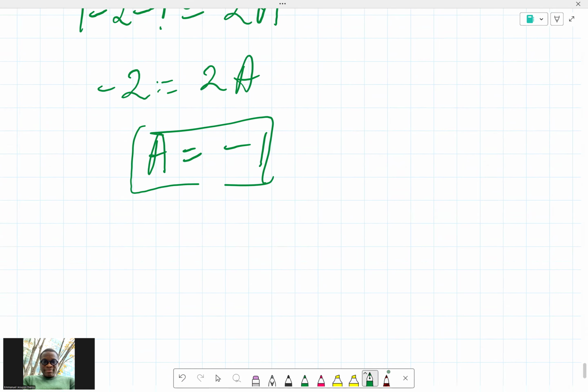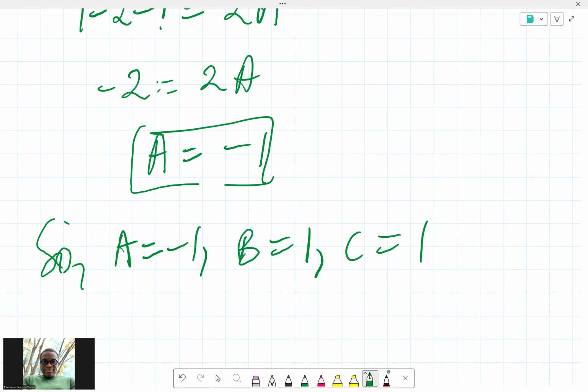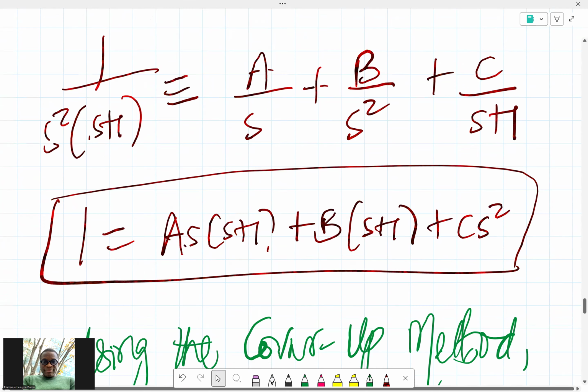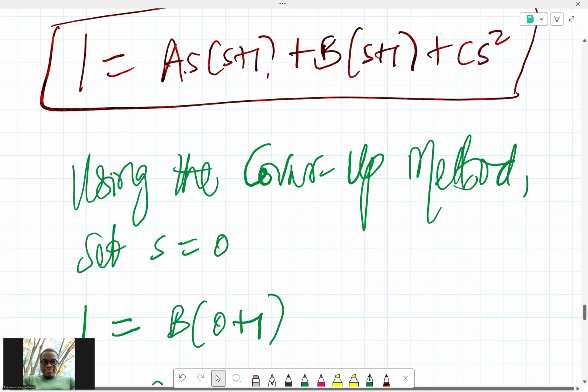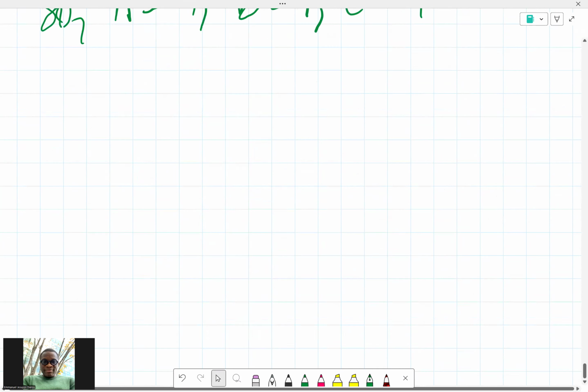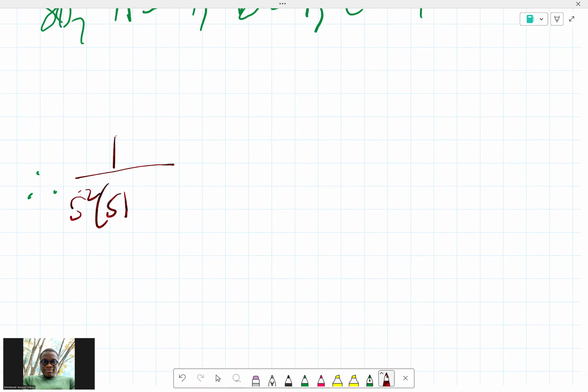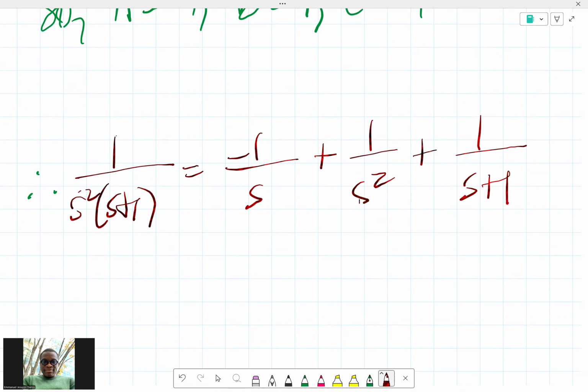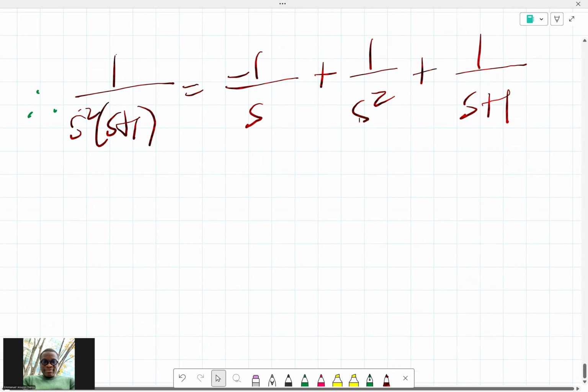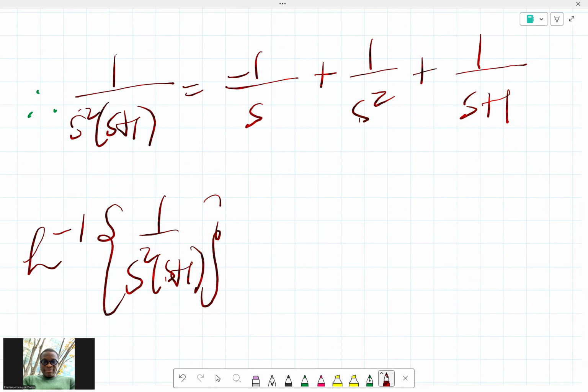So we have all our results. So a is minus 1, b is 1, and c is 1. Therefore, we go back to where we are coming from. We go back to this expression. Okay. So we say, therefore, 1 over s squared into s plus 1 is equal to minus 1 all over s plus 1 all over s squared plus 1 all over s plus 1. So we can now easily take the inverse Laplace of this expression, because that's where we are coming from. So we can say the inverse Laplace of 1 over s squared into s plus 1 now is equal to,